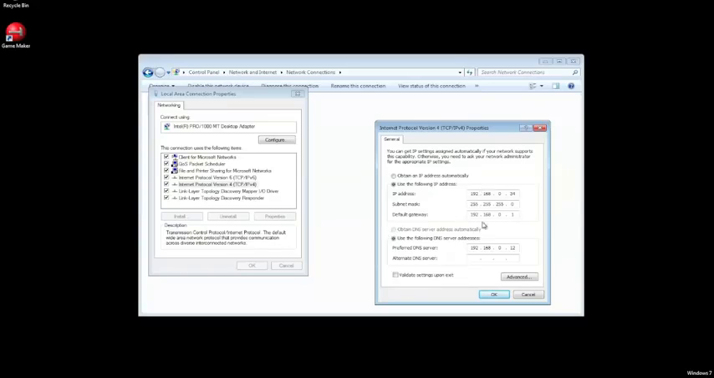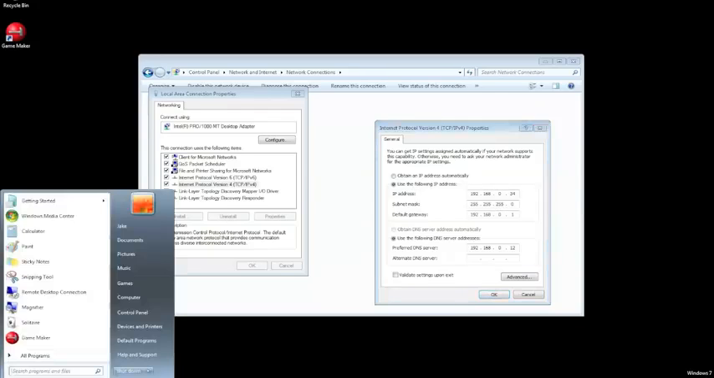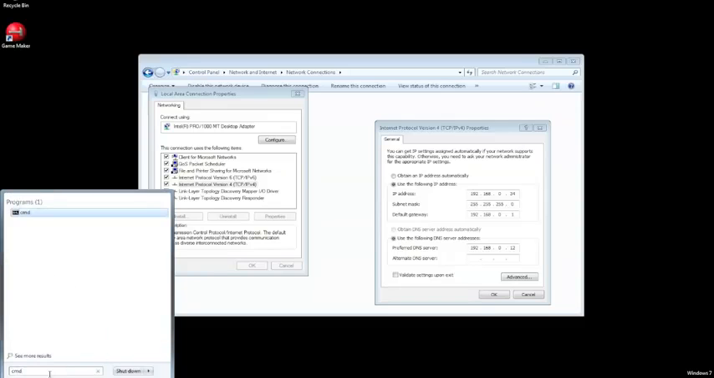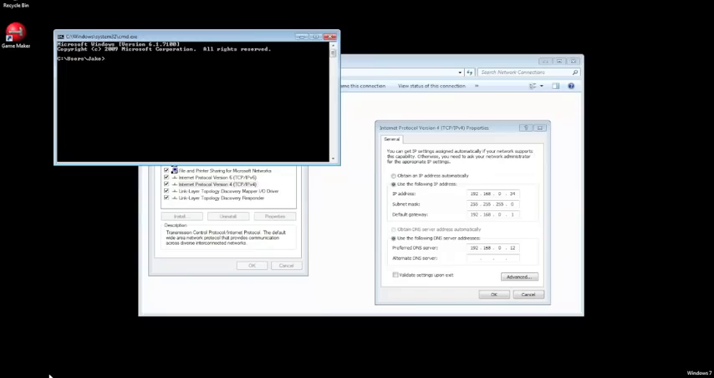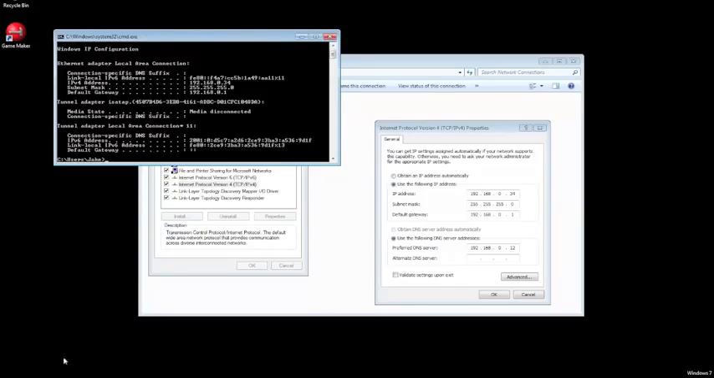If you don't know what to put in these, then before you actually change it to use the following IP address, if you just open command prompt, just type in cmd into the run and type ipconfig, all one word. It will list the current settings there. So we've got the IPv4 address. You could basically just copy it into there. Doing this will just make sure it doesn't change. Then you can see